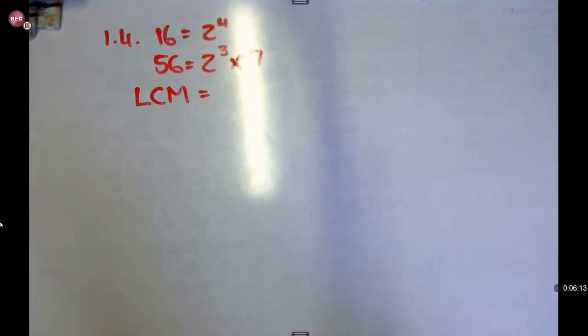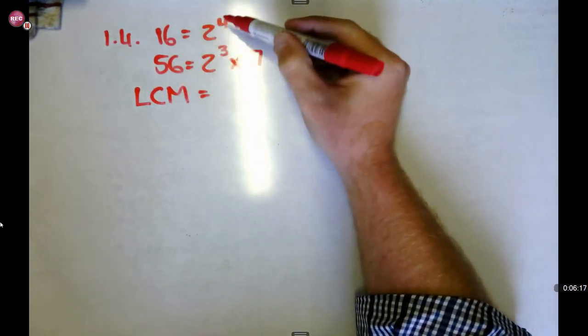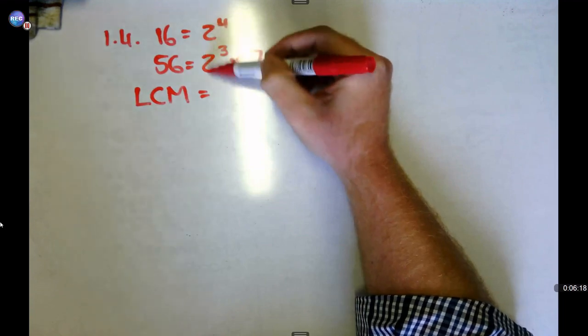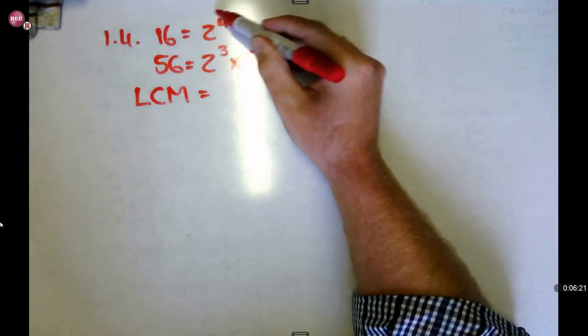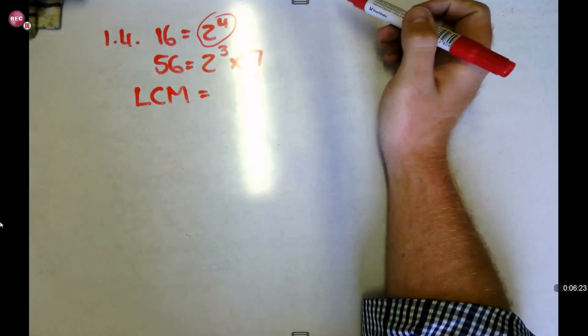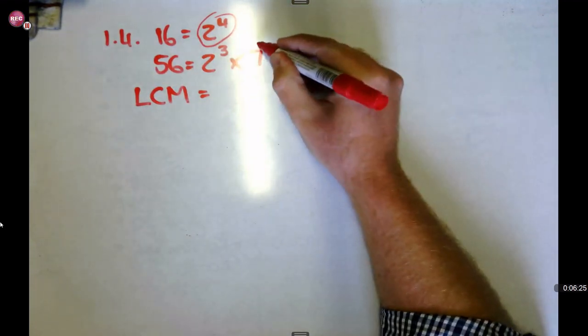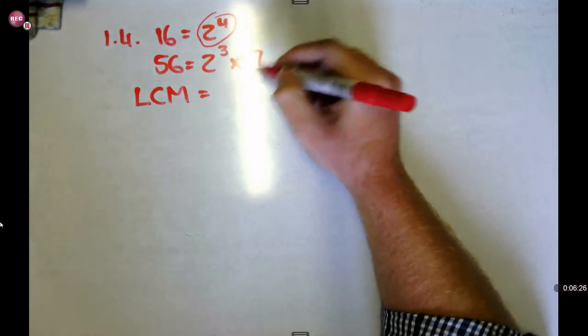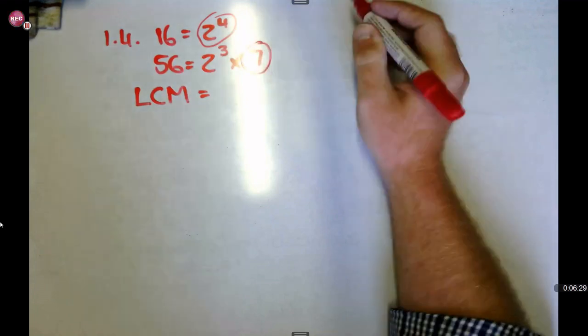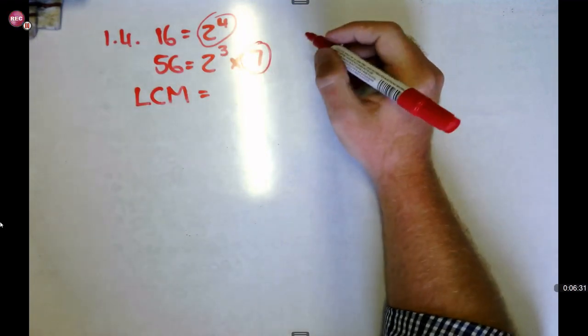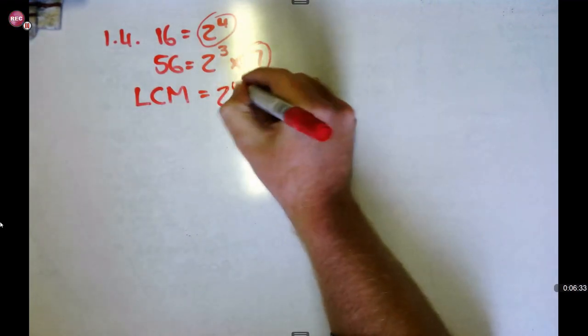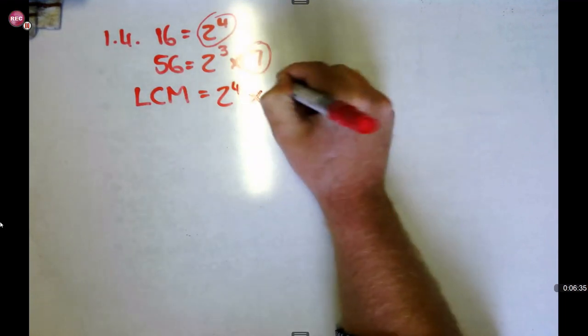They're not looking for the highest common factor. So with the lowest common multiple, you look at the base values that appear in both the sequences, but the one with the highest exponent. And then obviously you also look for the numbers that do not appear in both sequences, so the 7 will also be used. So in this regard, we will then say 2 to the power of 4 times 7.